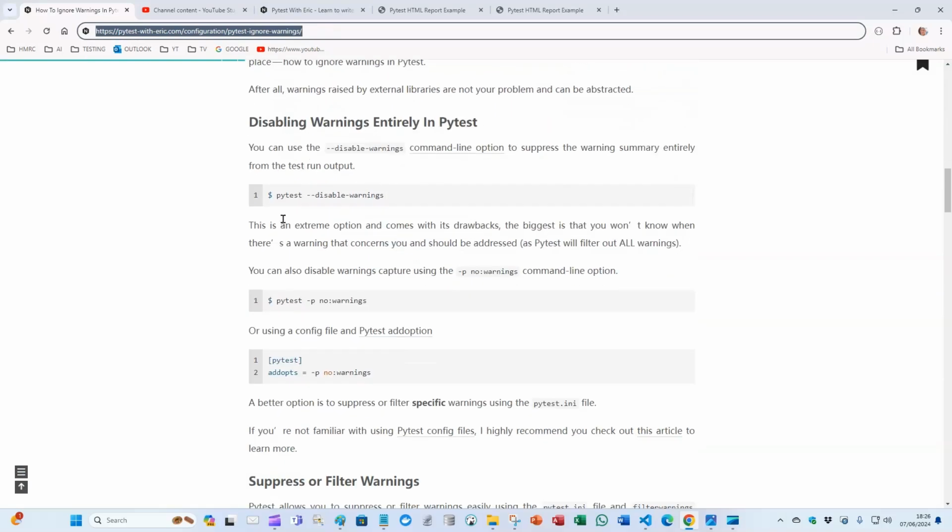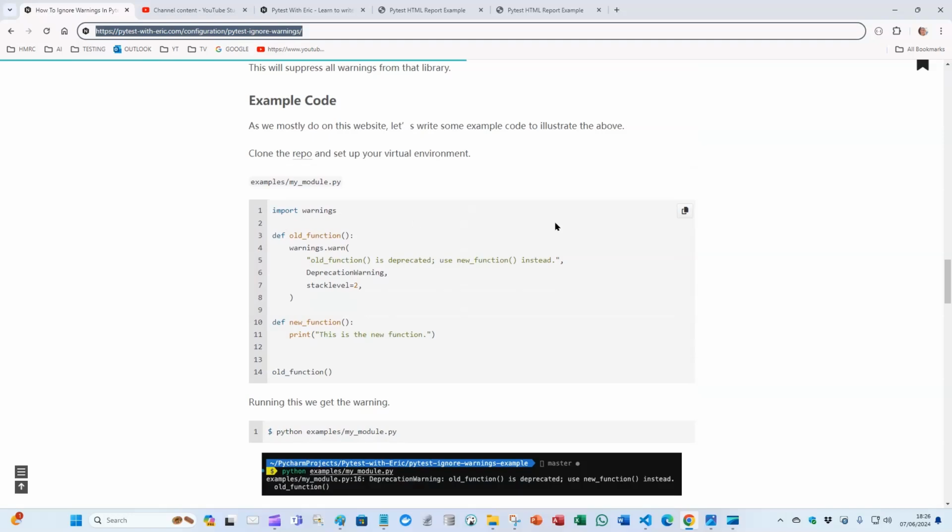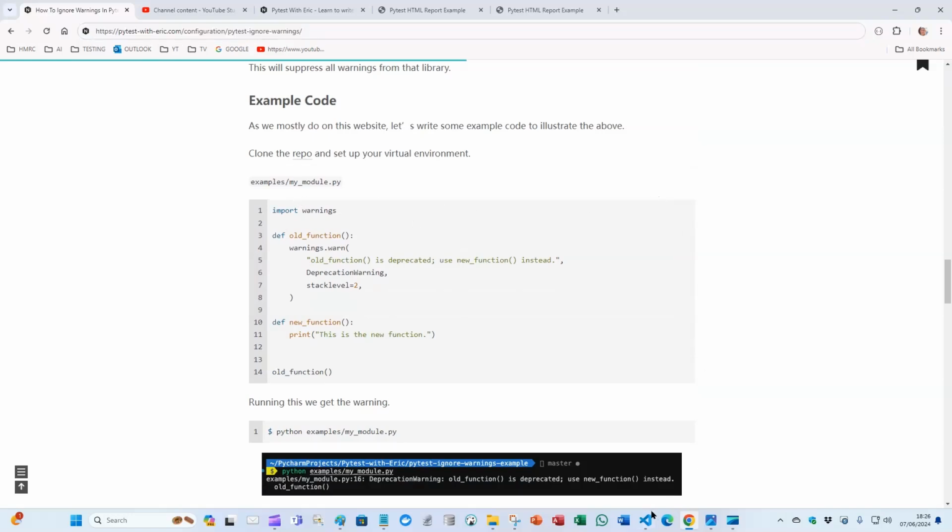Let's get the code. We've got pytest-disable-warnings. We can use that to disable warnings. Suppress or filter warnings. There's a code example at the bottom. So, import warnings, my module. So let's make this in